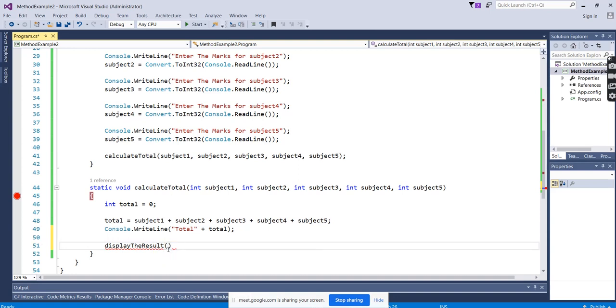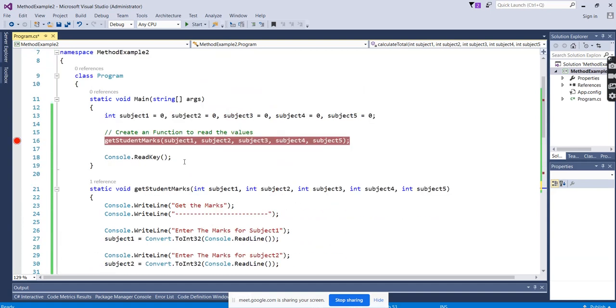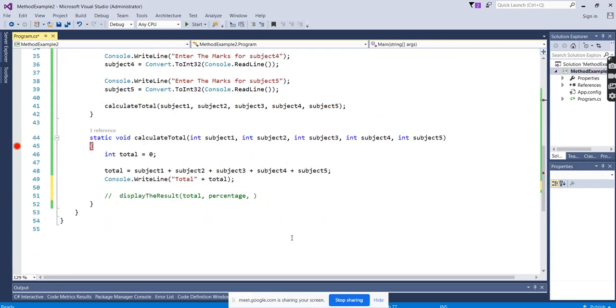You can practice this and try it yourself. What we need to pass in that method is the total and the percentage, and all these values.